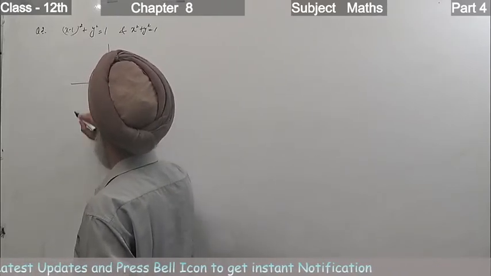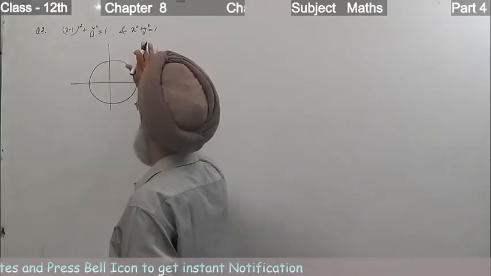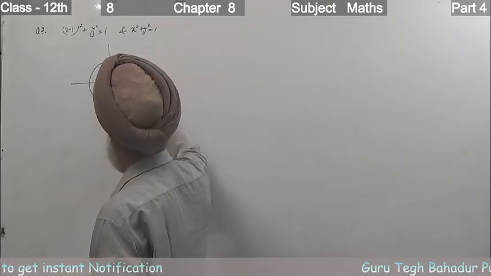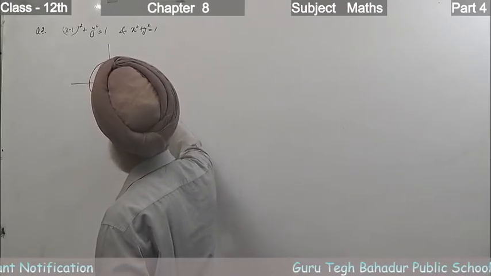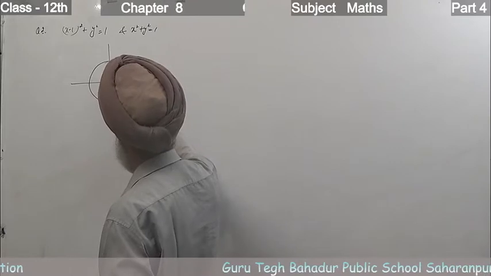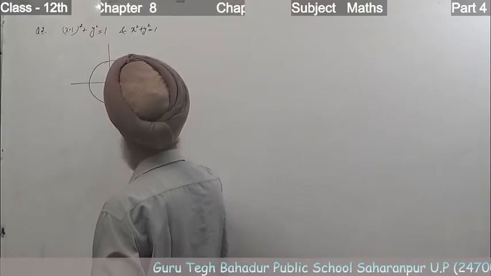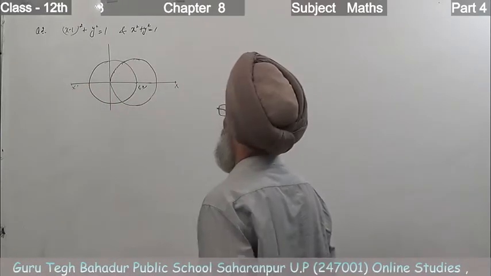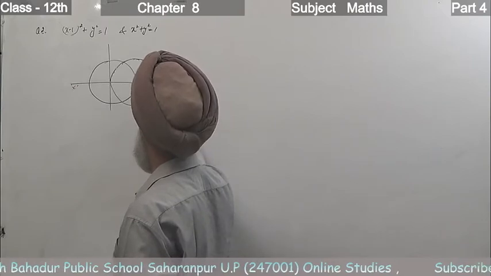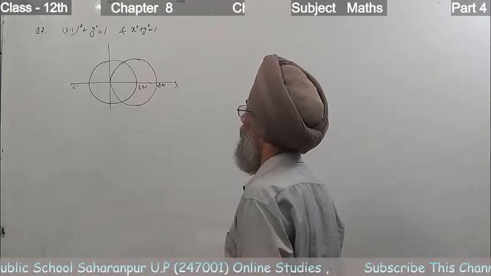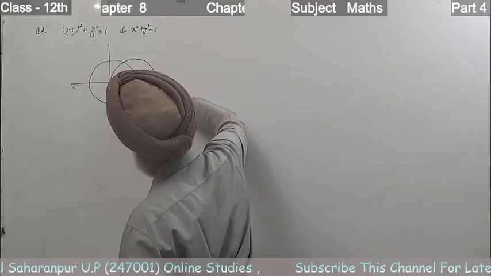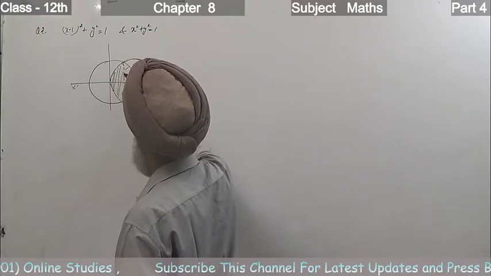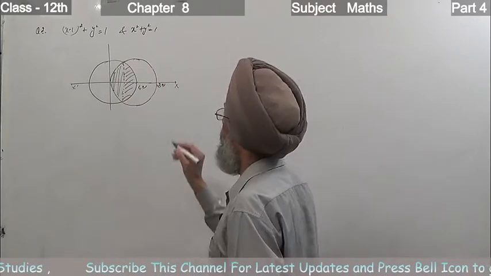This is the circle with the center at origin, radius 1, and we have to make another circle with center (1, 0) and radius 1. So, it will be like this. It becomes 1, 0 and it is 2, 0. We have to find the area bounded between them. We see that we have to divide them into two parts. One part is this one and the other part is this one. First of all, we solve it.